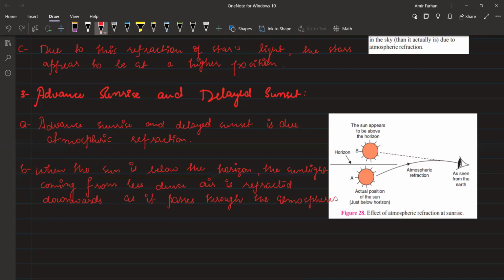Clear everybody? So because of this, Yes, sir. we are able to identify this advanced and delayed sunrise and sunset. So सेम एक ही कॉन्सेप्ट दोनों चीजों को एक्सप्लेन कर सकता है, दैट इज एडवांस सनराइज और डिलेड सनसेट। ठीक है,